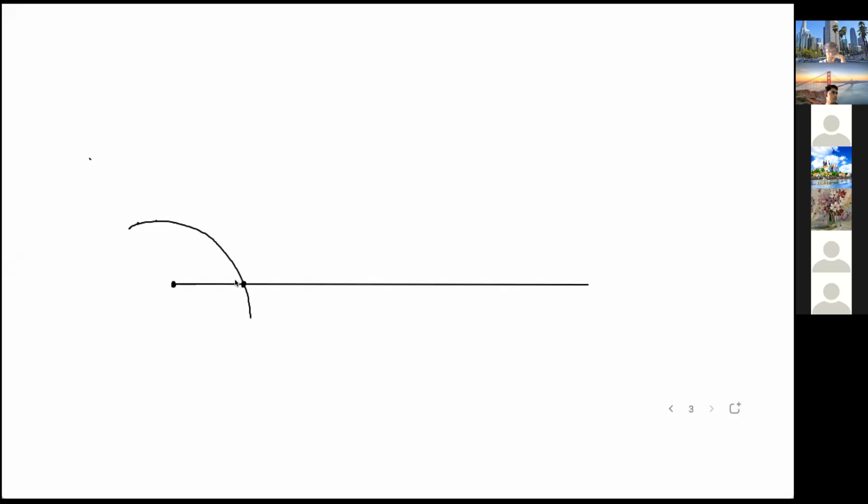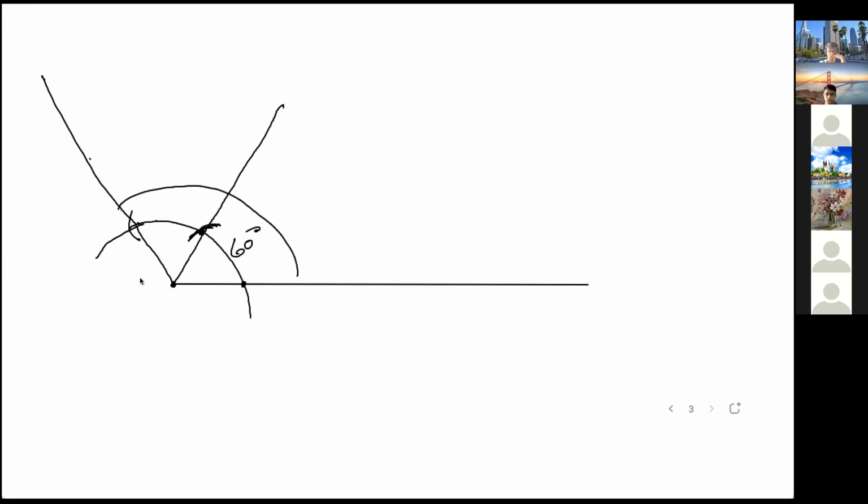Understood? Don't move the compass measurement. So the pointed end now shifts over here and cut with the pencil end over here. Now you get a point of intersection. Join this from this end. This is 60 degrees. Okay. If you have to draw 120 degrees, this is only for 60 degrees. If you have to draw 120 degrees, one more from here you will cut a 60 degree. Continue the same arc and cut the same measurement over here. This whole is 120 degrees.